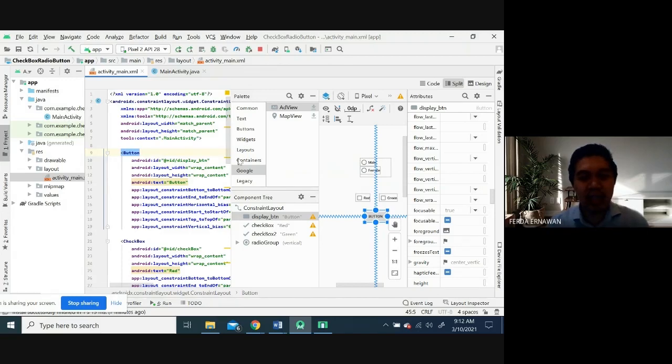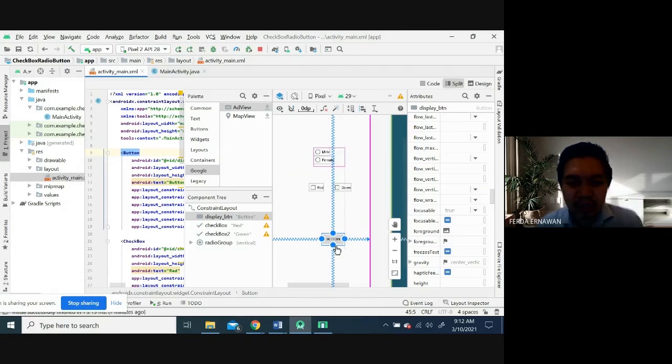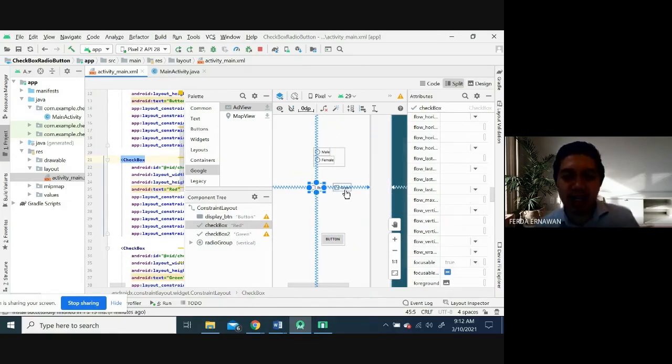So we can create multiple activities. This is only one activity. Maybe once I click this one, it goes to another one, and it's not necessary to click the button. Today I'm showing you that once I click the radio button here, for example mail, there's no need to add the button, but it shows a pop-up message. That is your exercise, and then we will discuss it in the next lab.